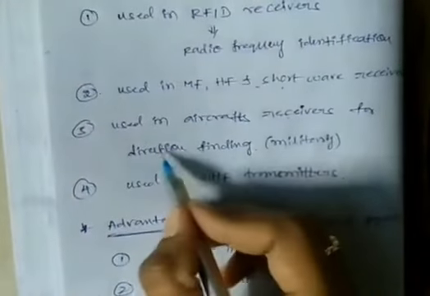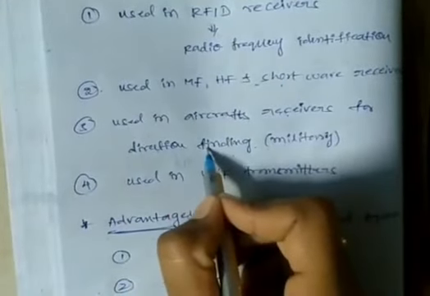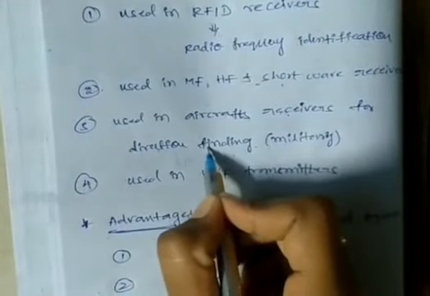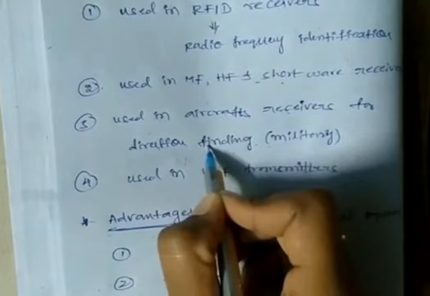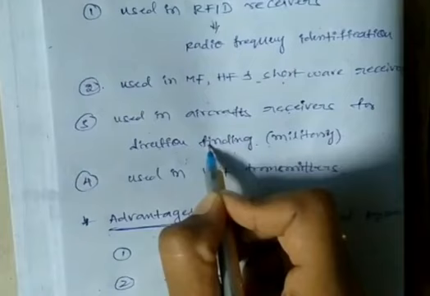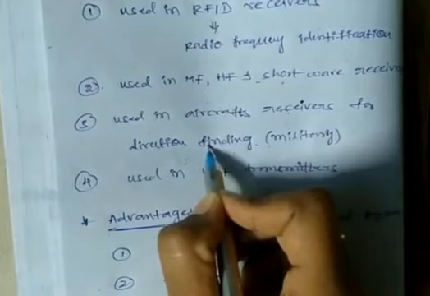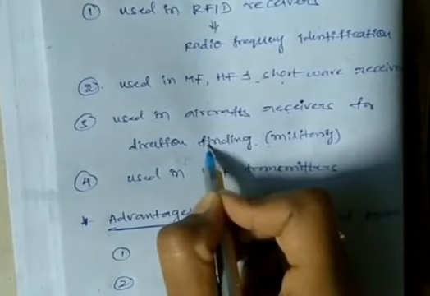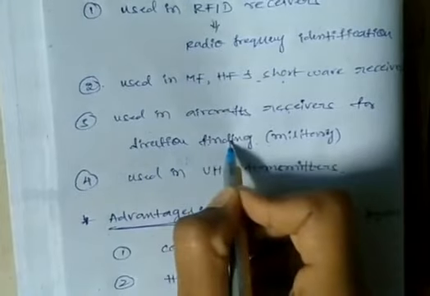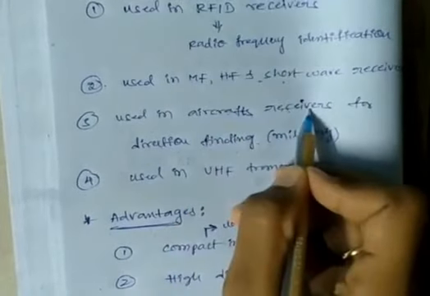And here, how do we find the aircraft's direction? By using the loop antennas. Suppose other countries send aircraft to our country. So what do we have to do at that time? We have to know from which country the aircraft is coming. That is important. So for that purpose we have to find the direction of the aircraft. Then only do we know from which country the aircraft is coming to our country. So for that purpose we use the loop antennas in the aircraft receivers.